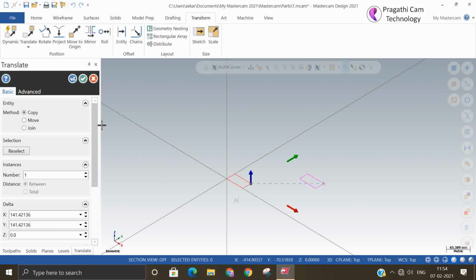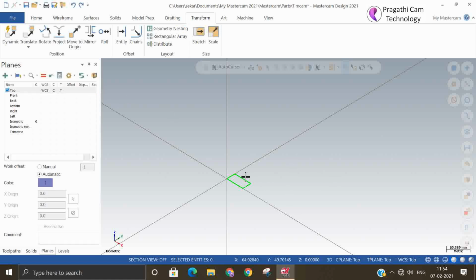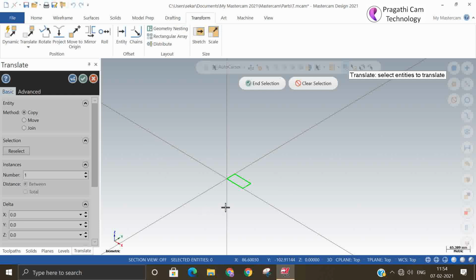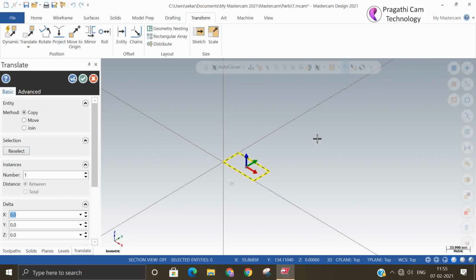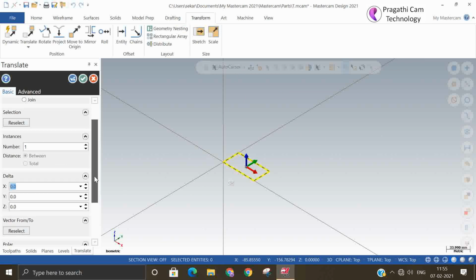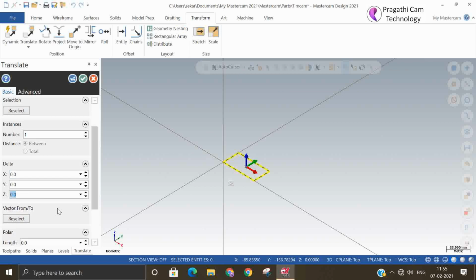So, as I told in the beginning, in Mastercam there is no direct copy command. You come to the translate command and you can use copy or move. There is one more option called join. So now I translate in Z, and now I copied it.